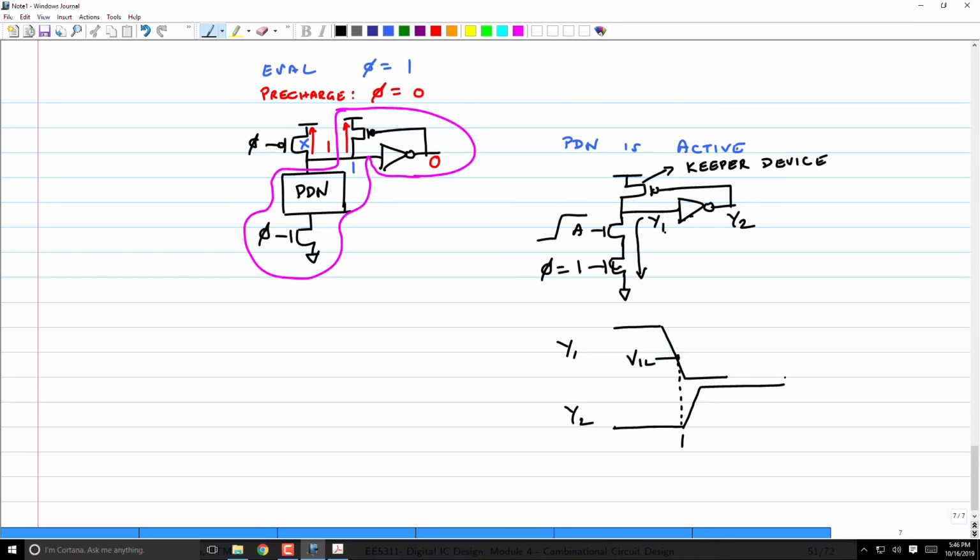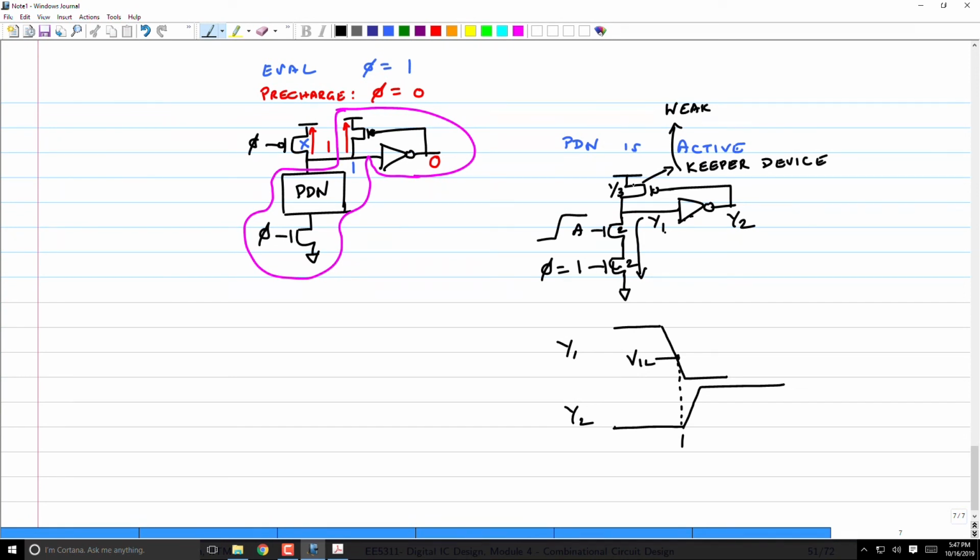This is very, very similar to what we did in CVSL logic. We put a cross-coupled structure and that output basically turned off that keeper. The keeper was just competing with the pull-down network. Similarly here, this weak keeper will get turned off because the pull-down network is strong enough to overcome the keeper device, and therefore this is not just a keeper, it has to be a weak keeper. So if this is size 2 and 2, then you would want to size this to maybe 1/3 or something like that. That is the typical number.